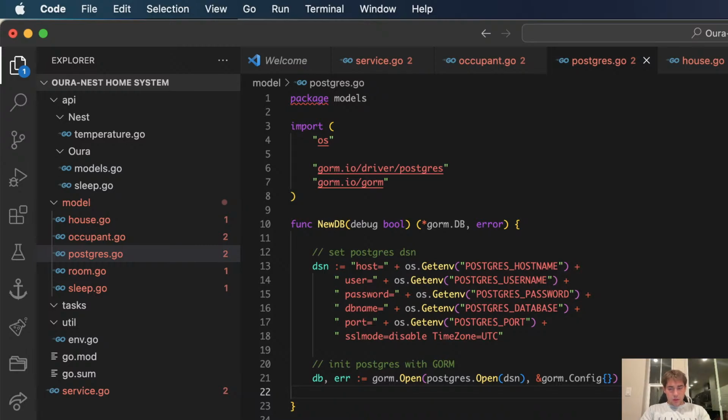Whoops. It's because I forgot to put the semicolon. Create user home dashbot. Let's see if this works. Oh, because I'm not even in bash. Let's just do create database dashbot. That'll work. Not like that. Nice.